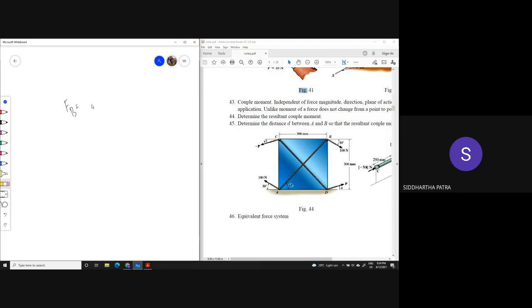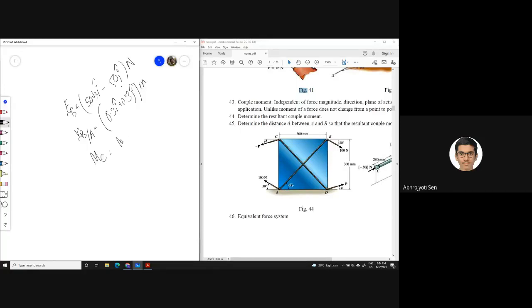So this much, and then the position vector of B with respect to A is, and simply you can get the couple moment is essentially